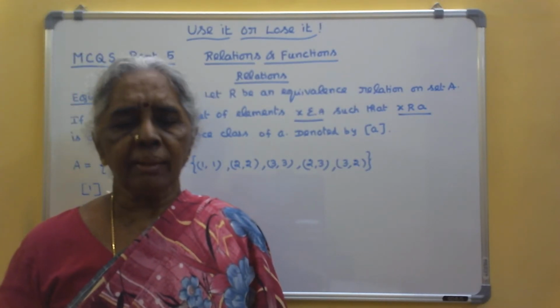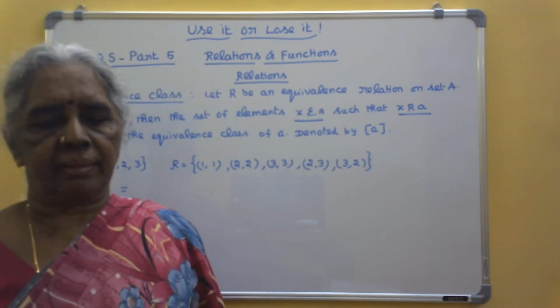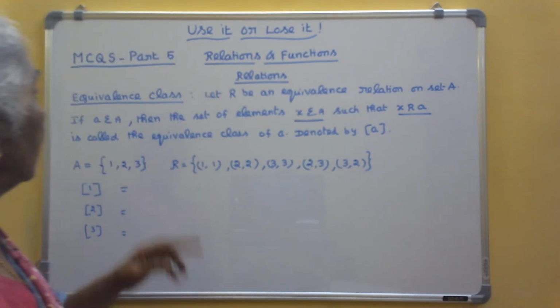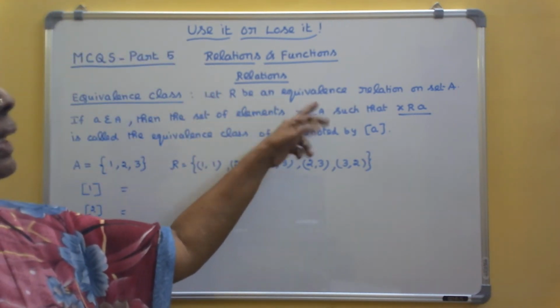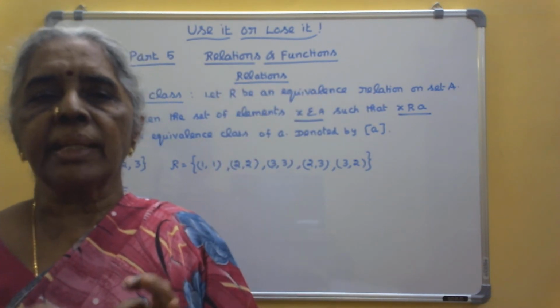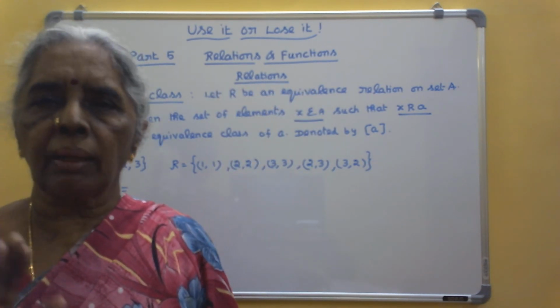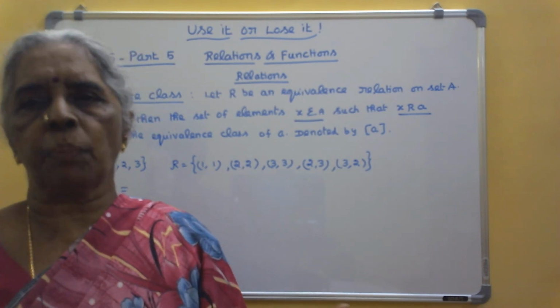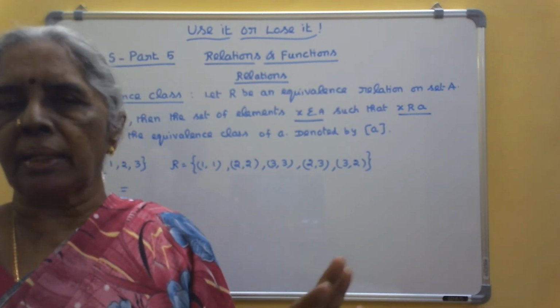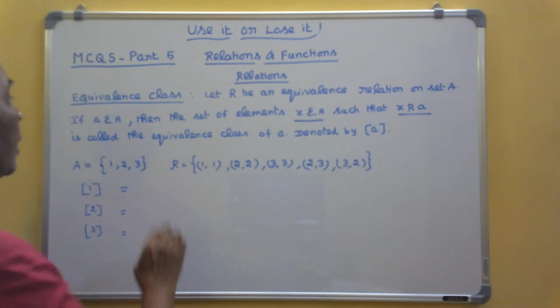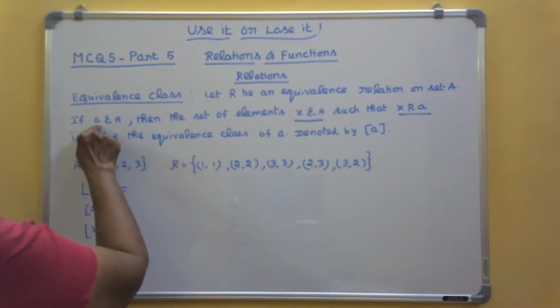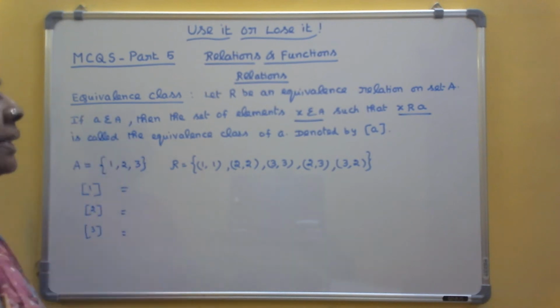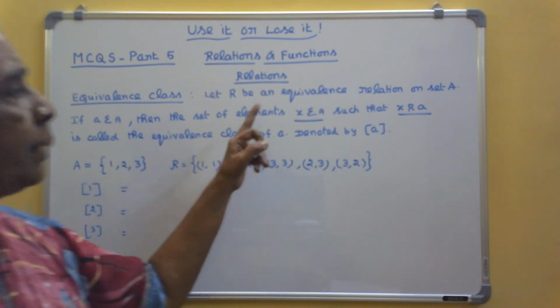Let me explain what is an equivalence class. Now, let R be an equivalence relation on set A. That is, the equivalence class will exist only in an equivalence relation. I can say an equivalence class is a subset of the set A. Now, if you take some element small a which belongs to the set A, then the set of elements